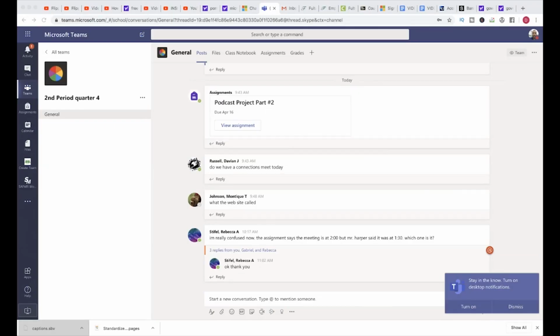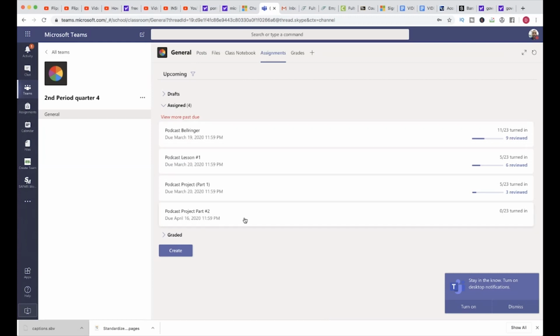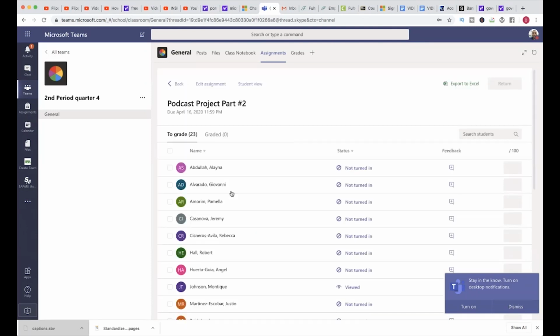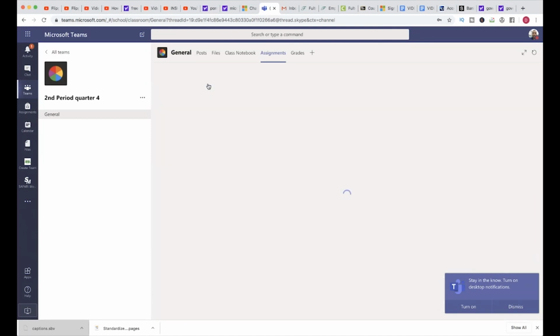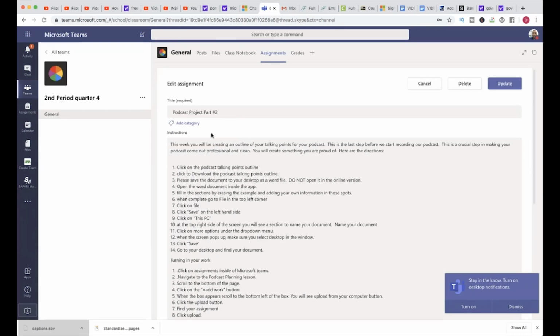Okay, let me see if I can get this stuff up here. Figured it out. There we go. All right, so let's look at this, guys, seventh and eighth graders. You're going to go to the assignments tab. Click on the assignments tab, and it should come up like this. Okay. Now from here, you will go to the podcast project part 2. All right, so yours is going to look a little bit different than mine. So this is what it should look like on your end. All right, it has the information that you need to do.